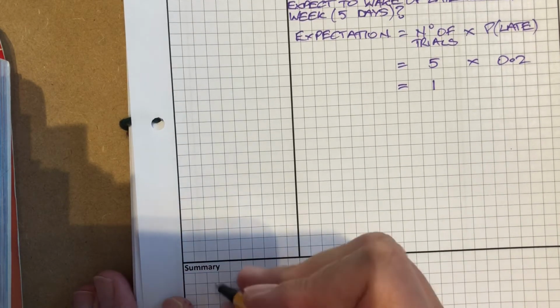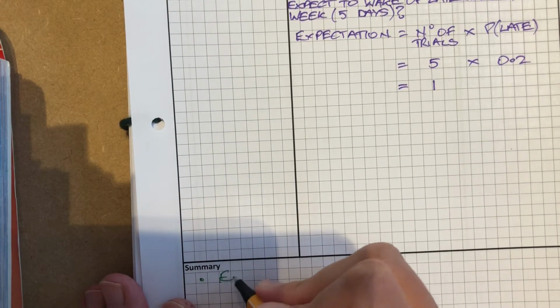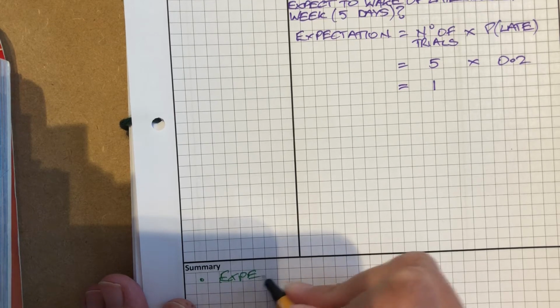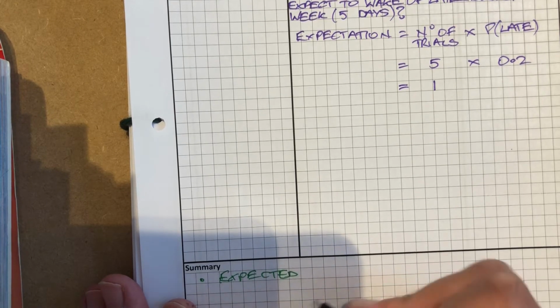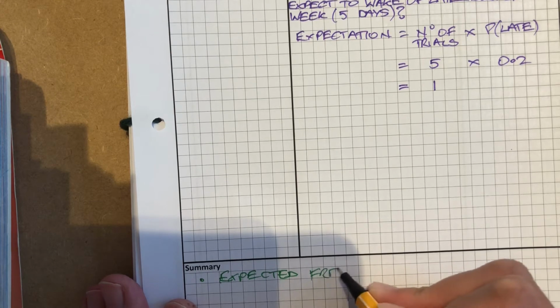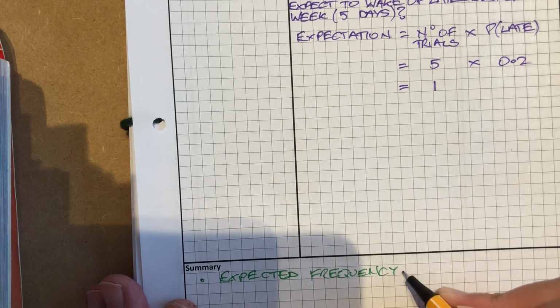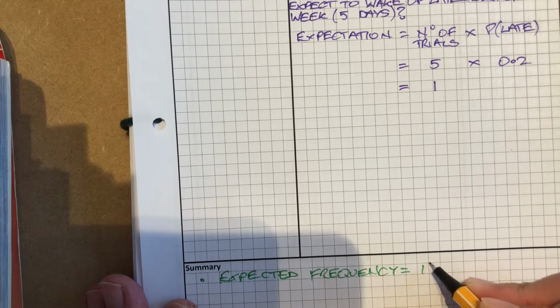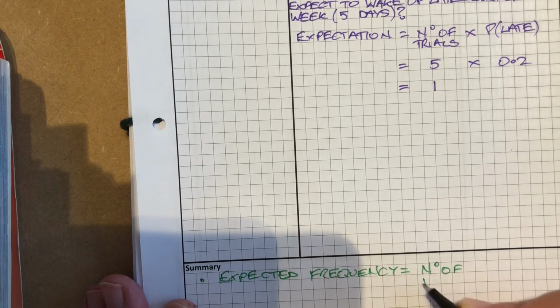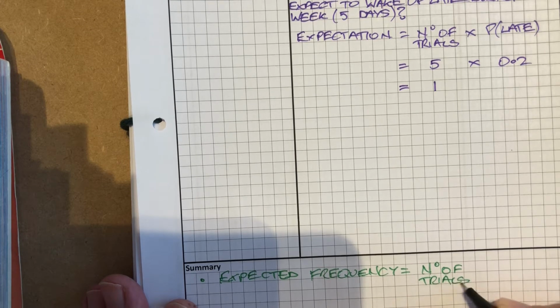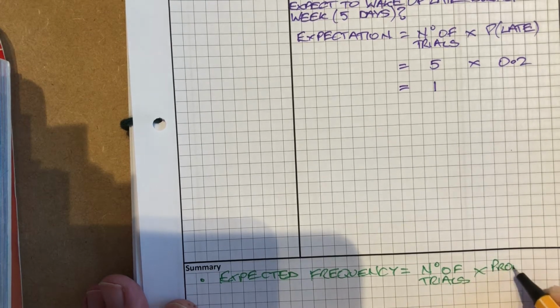What's my summary? Well, that expected frequency is number of trials times by probability,